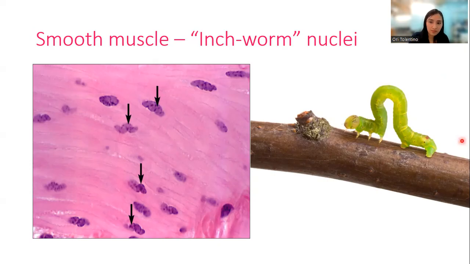Again, when you see this deformed or folded nucleus, the inchworm nucleus, in the absence of striations, it is a good identifier of smooth muscle in longitudinal section. You cannot see this in the cross section, only in the longitudinal section, where you can see that the nucleus might be folded. Inchworm nucleus, smooth muscle. You can see folded, folded, folded, not rounded. I hope you got that.